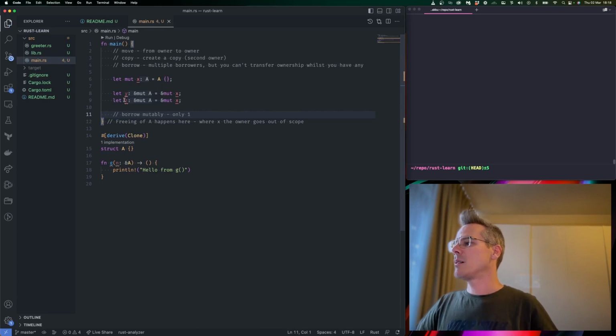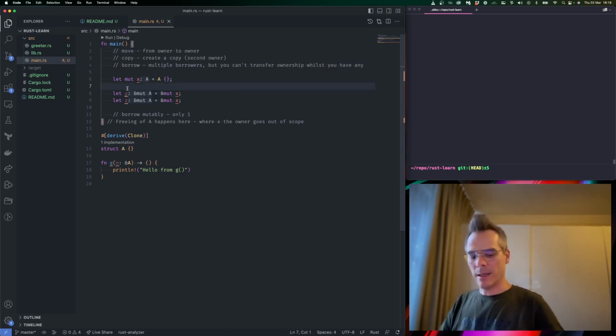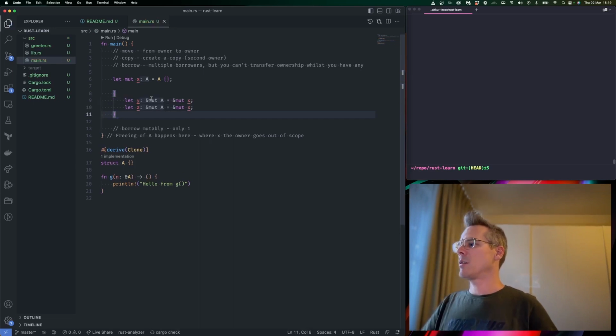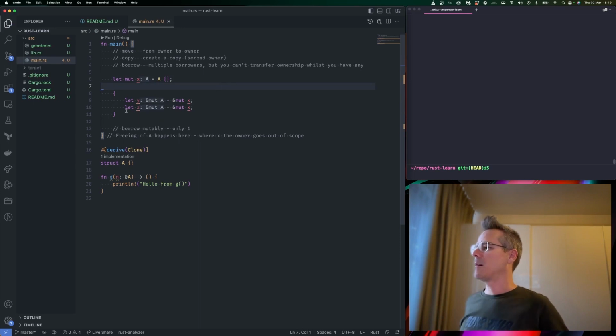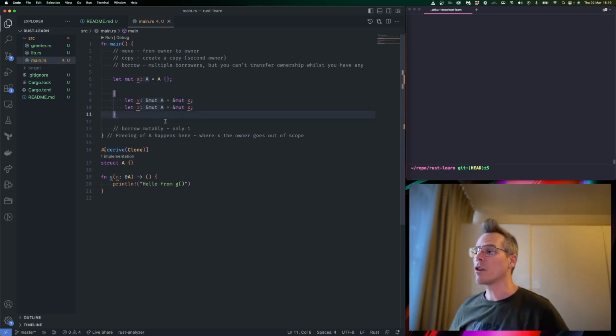So as soon as the second mutable borrow occurs, all previous mutable borrows become unusable. So it's almost like ownership, except it isn't ownership, because when they go out of scope, the original object is not destroyed. I suppose something like that. So those are the laws of